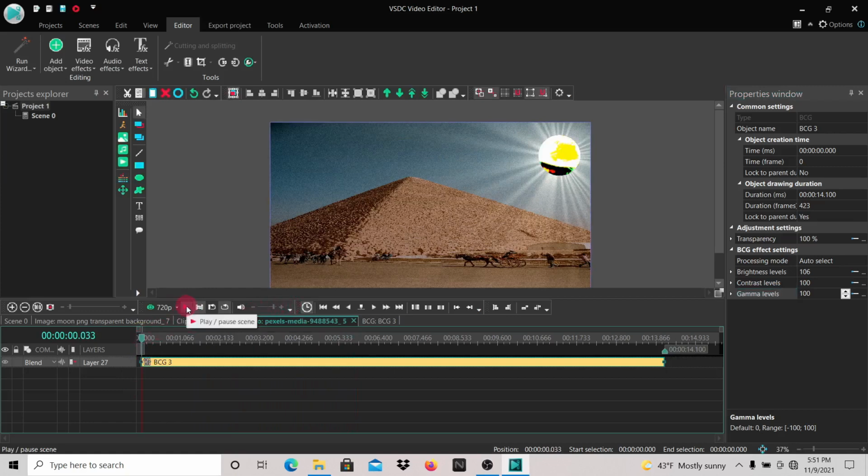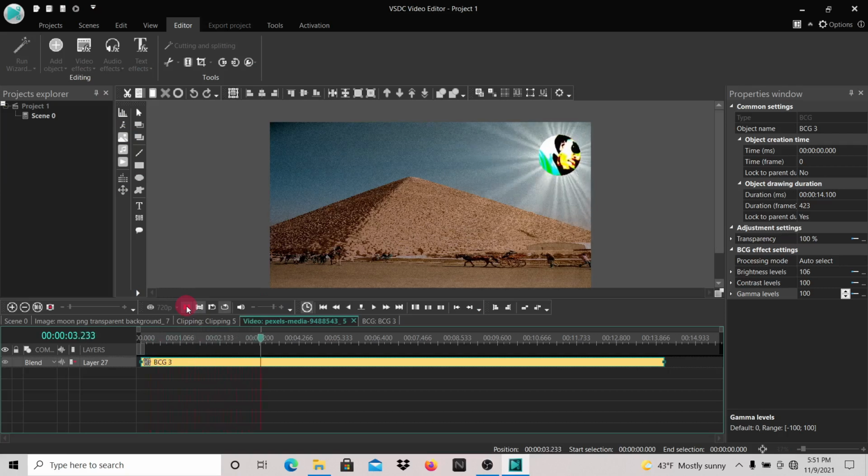I'm going to play this whole thing through and see what we got. There are other things that you can do with it. You can adjust things and make it more suitable to you, how you like it. One thing about VSDC, there's a lot of things you can do with it. You just fool around with the settings and everything, and you can get a lot of good stuff. Okay, we're done with this for now, but the main thing I wanted to show you, as I said before,